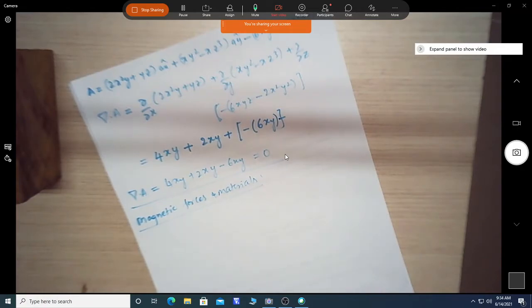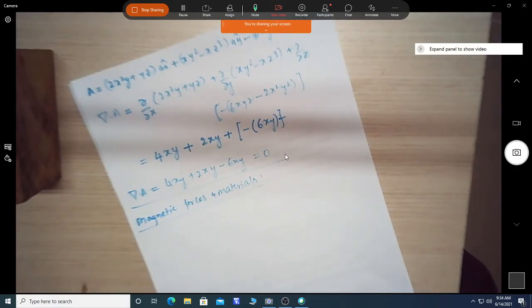Okay, so magnetic forces and materials. So we have seen what the actual behavior of the magnetic field in free space is whenever we have a current carrying conductor. We have used the basic laws, that is Ampere's circuit law as well as Biot-Savart's law, to find the magnetic field intensity and also the magnetic flux density, and we have seen different current distributions, that is line current, surface current and volume current.